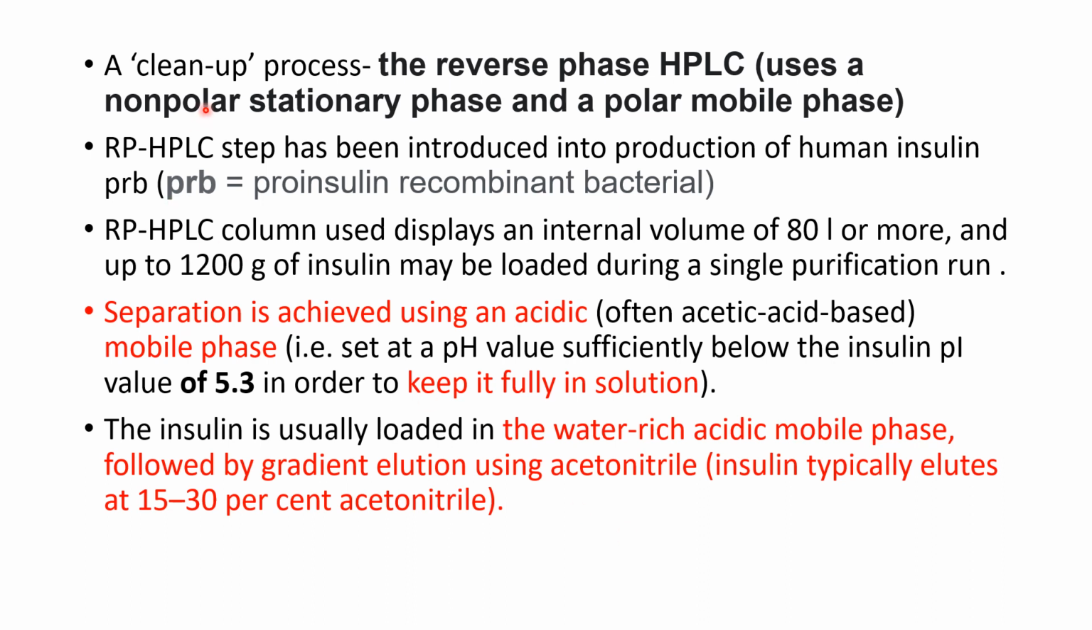Now that we have produced this insulin, there has to be a cleanup process. So what is this cleanup process for the insulin which is produced with recombinant DNA technology? So insulin is cleaned up. Here I'll just give an overview. Insulin is cleaned up using reverse phase high performance liquid chromatography, which uses a non-polar stationary phase and a polar mobile phase. So we use reverse phase HPLC to clean up